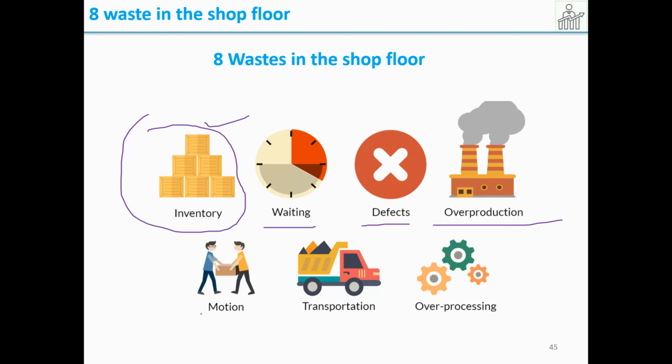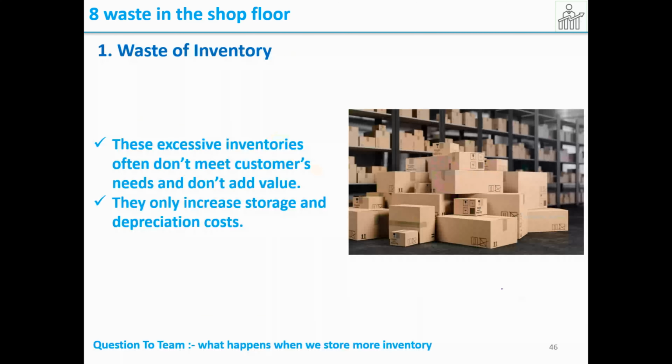So next is motion, moving the items from one place to another in a batch. So that doesn't add any value. Then transportation, same way moving bulk of products to the next area or to the next required customer place. So next is over processing. Over processing is nothing but, say for example, customer is asking only rough finish. In order to impress customer, you're doing mirror finish. So that is an over processing that you're doing, which will add value to our company only. Customer will not pay for the extra activities that we do. So you need to do only what is required for the customer.